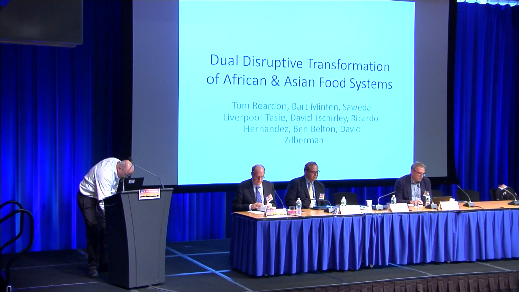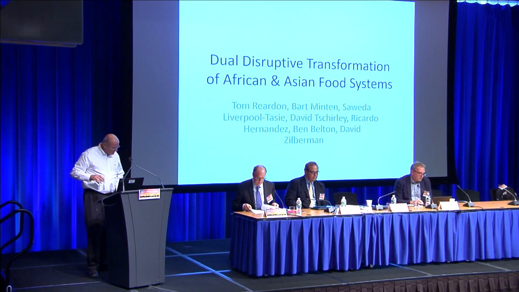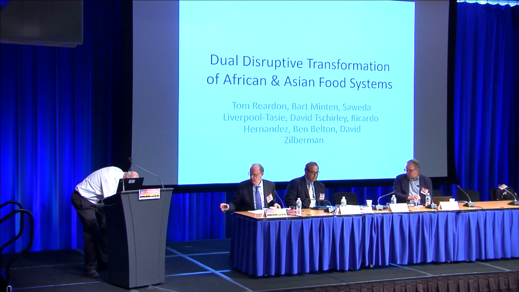Thank you very much. I'm going to speak today about the very rapid transformation that's taking place in food systems, which is the totality of the supply chain, and I'll focus on from the farmer to the consumer rather than upstream, which will be treated by other people. Rapid transformation that's been occurring in both Africa and Asia in food systems. And I've called it a dual disruptive transformation, because I'm going to be speaking about not just, and now I discovered there's no place to put the water. There it is. No, it's okay.